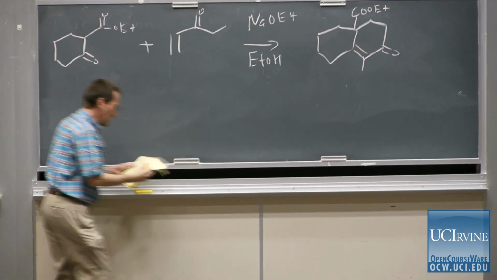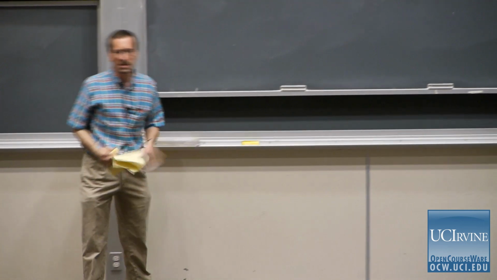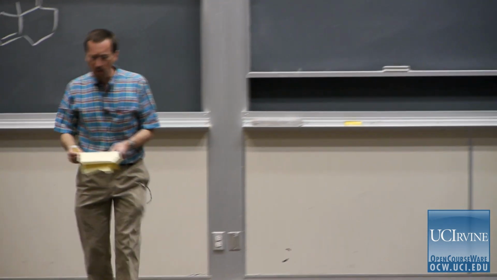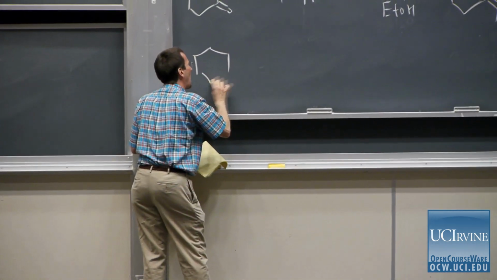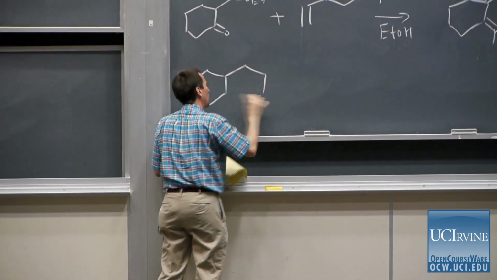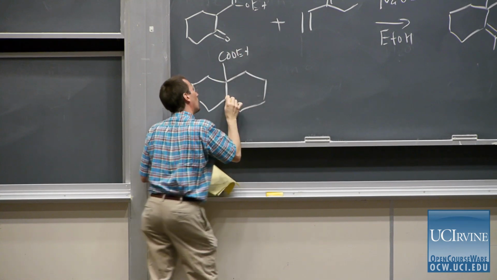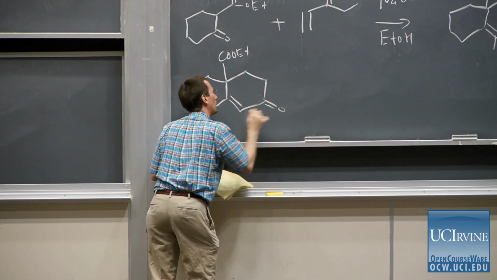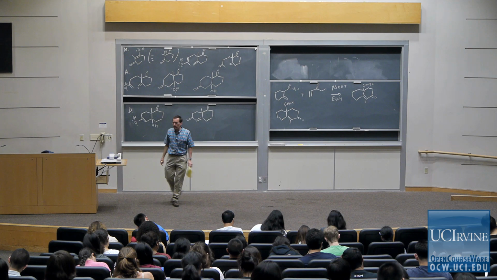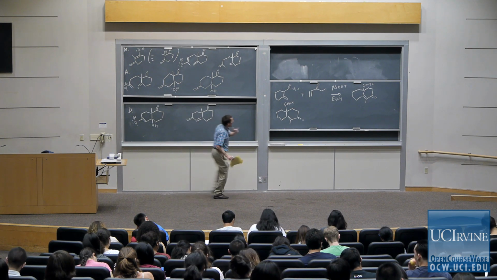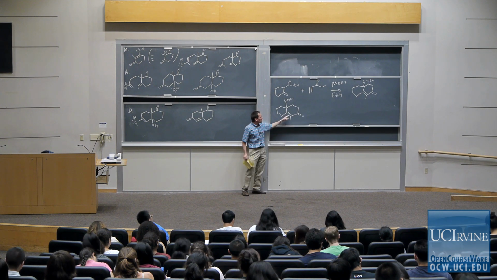And I want us to think it through now a little bit faster. I want us to learn how to see these reactions forward and backwards. So let me show you how Johnny and I and Kim probably look at this and take it apart retrosynthetically. So Johnny and Kim and I look at this and say, this is a cyclohexenone, and I know cyclohexenones